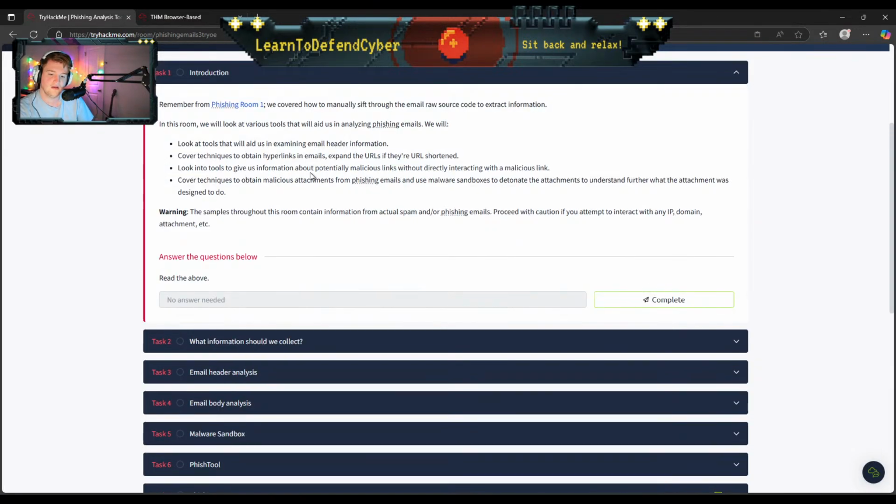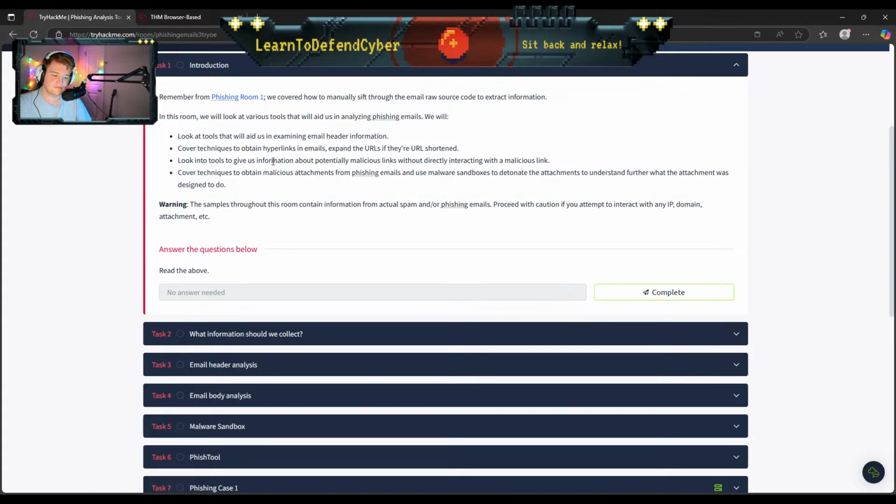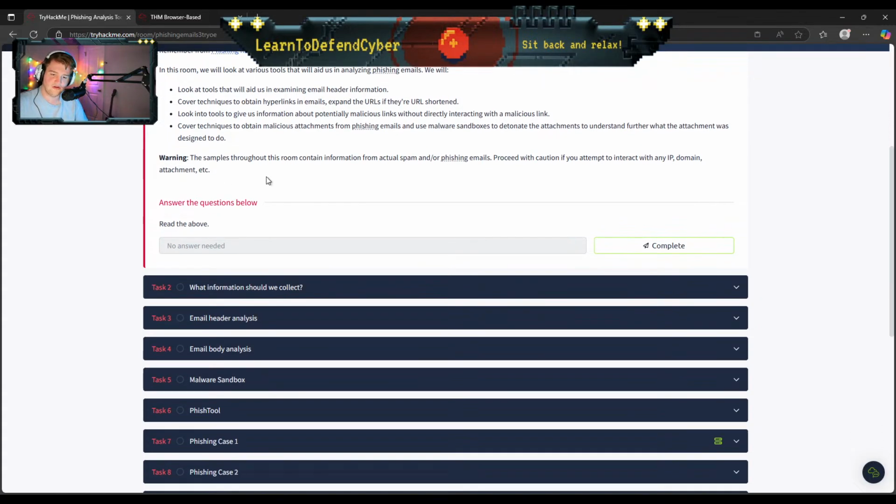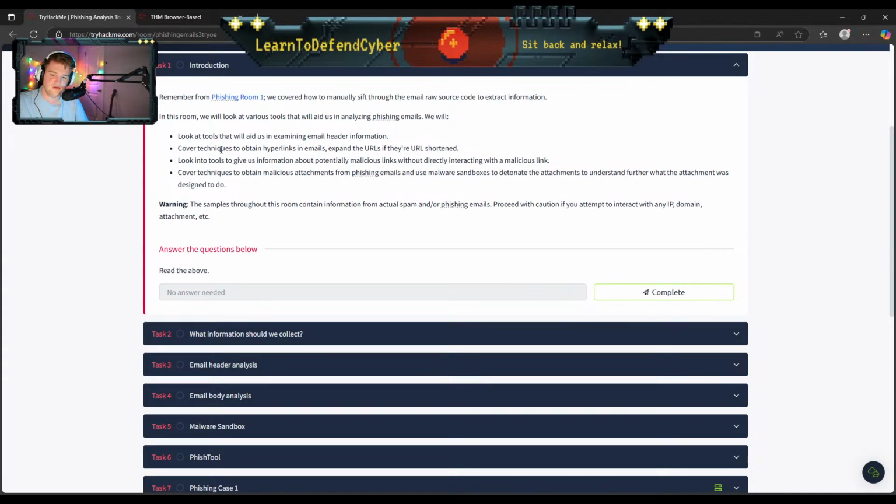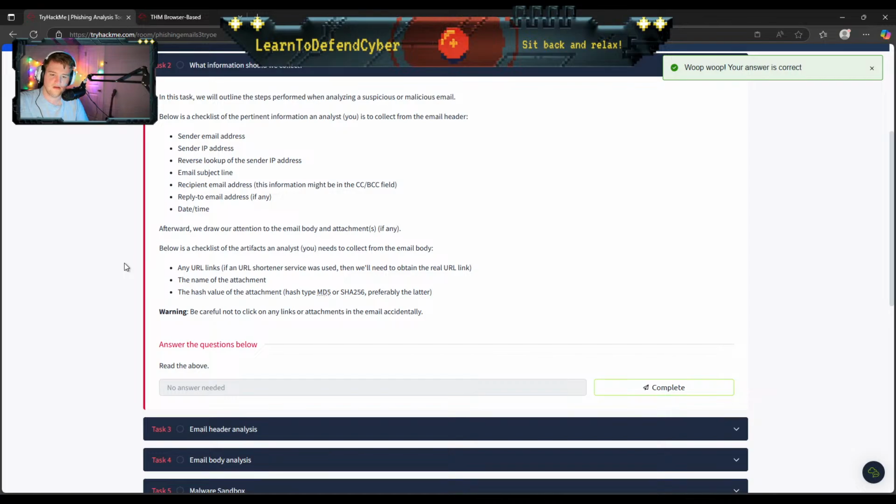So, first and foremost, introduction. In this room, we will look at various tools that will aid us in analyzing phishing emails, and here are the objectives. We just hit this to complete. This is a list of information that's important to collect: sender email address, IP address, reverse lookup of the sender IP address, the subject line,